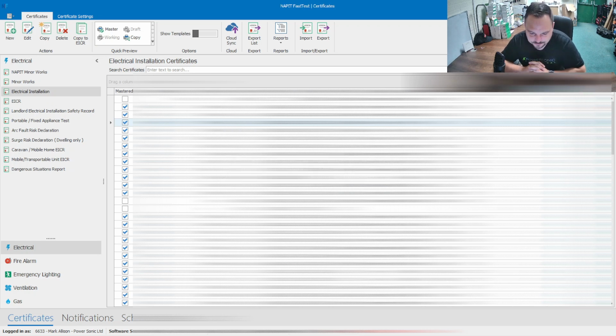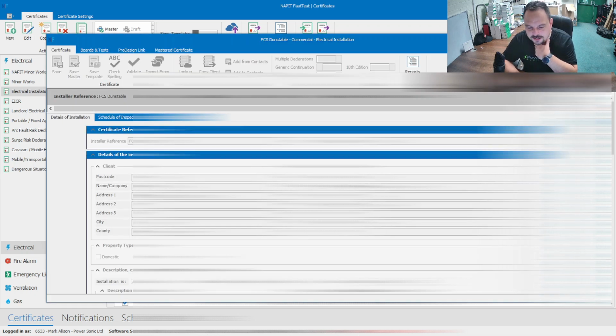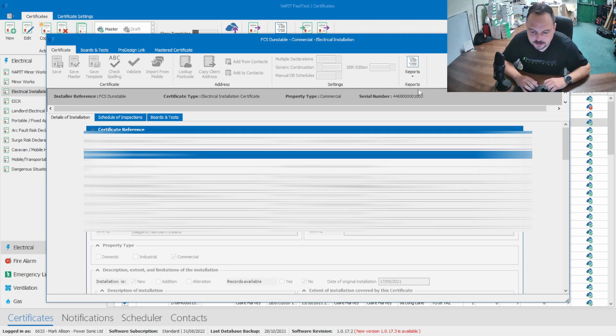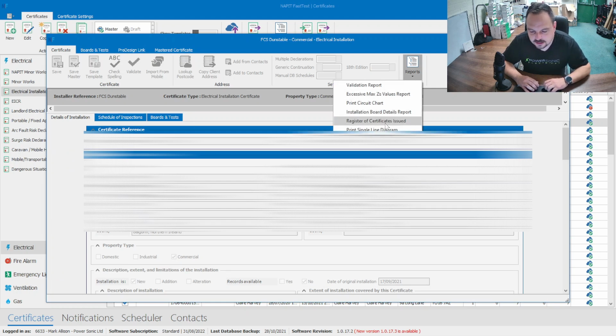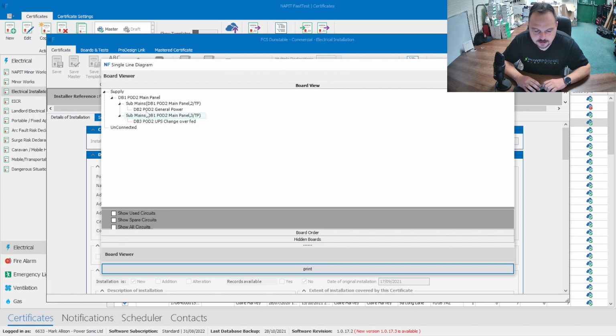I'm not sure if you can look at the validation reports on a mastered certificate. I have a feeling that you can't, but we'll have a little look. So you can see it's opening up. So yeah, you can look at your reports, and if we go to the line diagram, it'll show you here